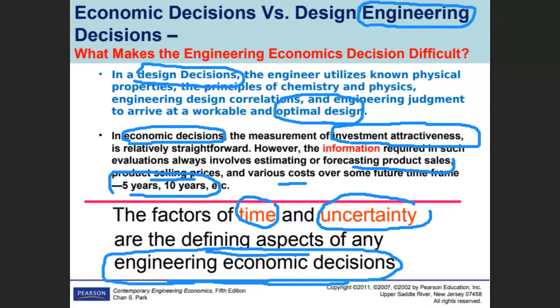So that's why whenever we are making engineering decisions, they are easy in a sense that you know the result. You can build, let's say, the Line project. That is an engineering decision. You can construct it. But the economic decision is the attractiveness of that decision, right? How much profit it will generate, right? That depends on so many estimates. So that's why economic decisions are difficult. Okay, so what makes economic decisions difficult is time and uncertainty. This is what you need to understand from this slide.